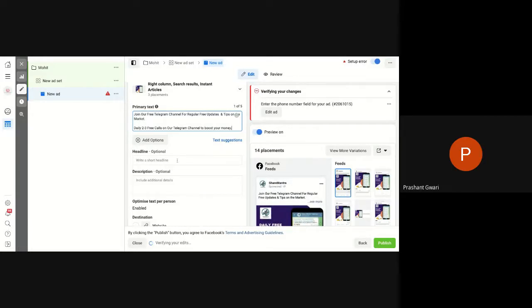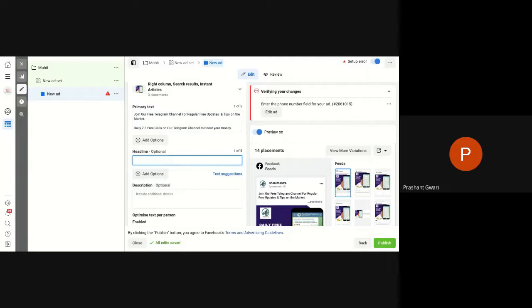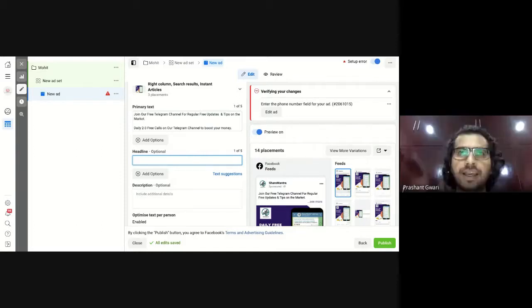Now come to the headline part. What is a headline? Headline will appear in bold on the Facebook advertisement. So I will type a headline. I have to write a short and intriguing one.